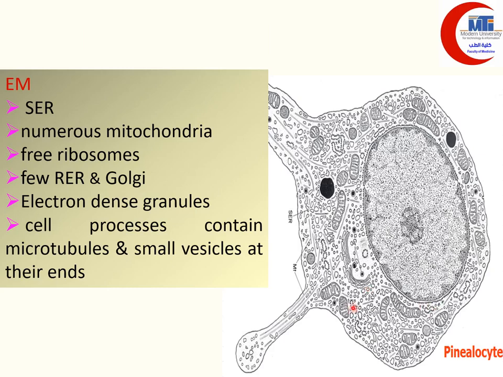This diagram shows the electron microscopic picture of the pinealocytes, which are large cells with cytoplasmic processes. By electron microscope, these cells contain many smooth endoplasmic reticulum, numerous mitochondria, few rough endoplasmic reticulum and Golgi apparatus, and electron dense granules,